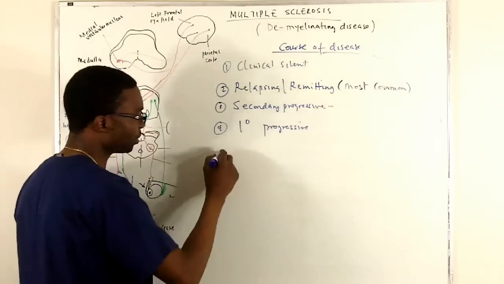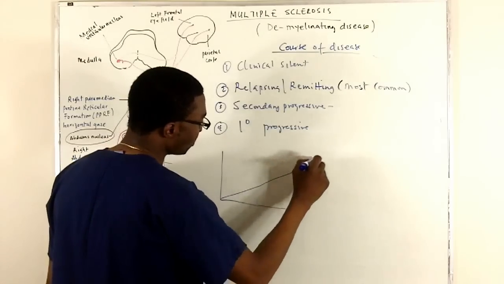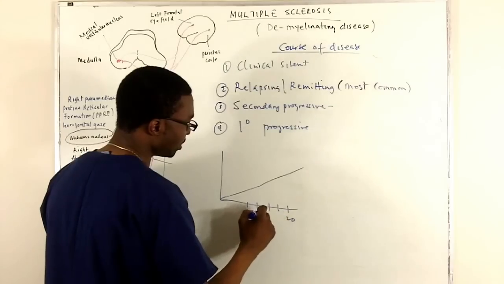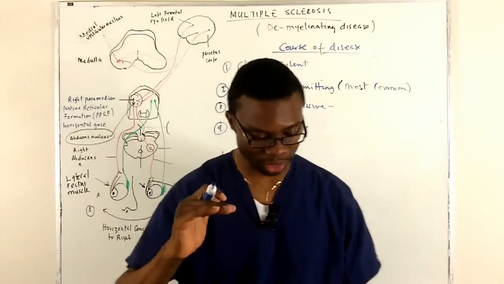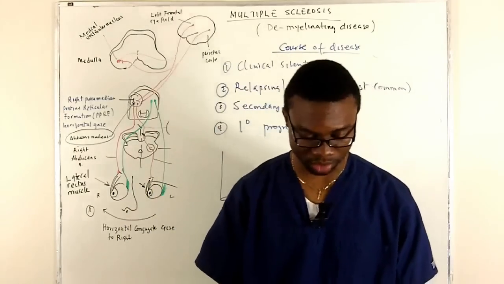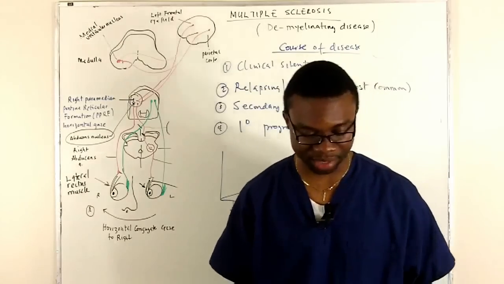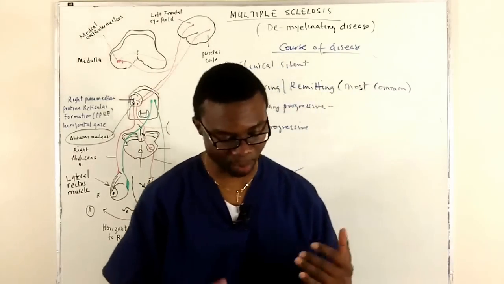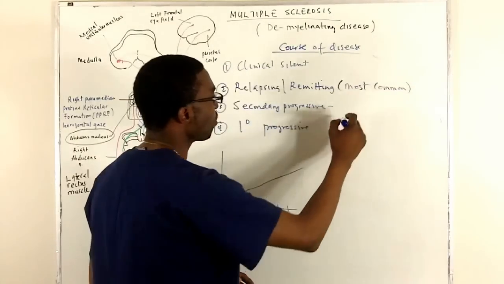So primary progressives will build like this. They're slowly building up over the years, 20, 10 years, 5 years. This is primary progressive. They just slowly, the disease is getting worse and worse, and often the disease appears later after 40 years old and tends to have less visual and more axonal involvement compared to the secondary progressive, whereby